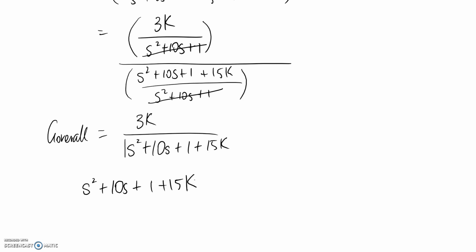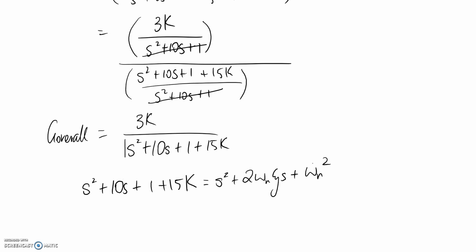Okay, and for a second order system, we know that the general form of that characteristic equation looks like this. And remember to refer back to the videos that I did on time response if you want a reminder of that. So now what we need to do is actually go through and start equating the different constants in front